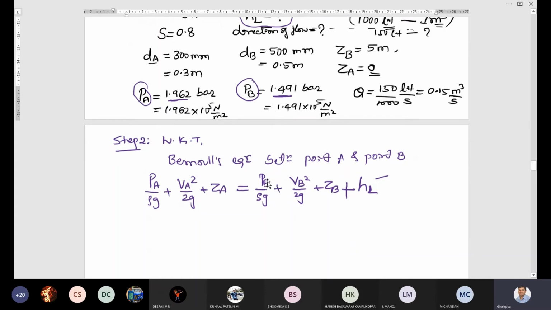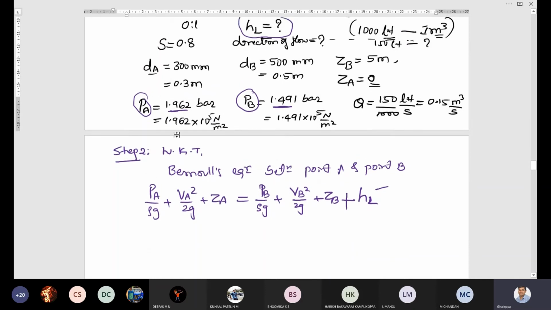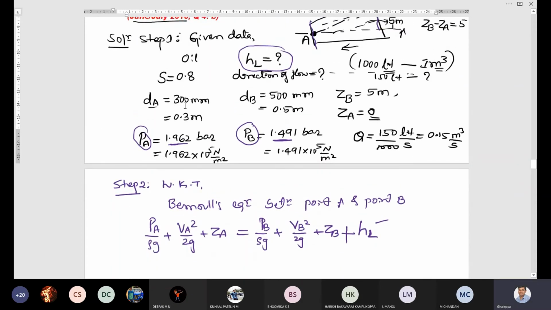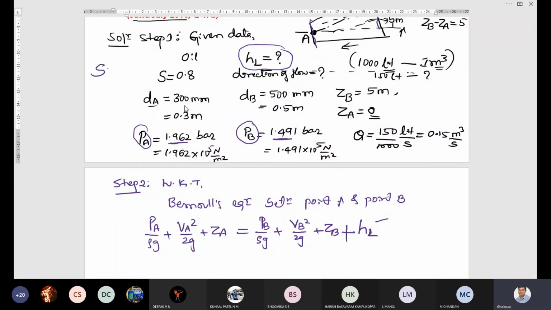Okay. Now you cross check whether all the data is given or not. Yes, PA value is given, we can substitute here, no doubt. But density is not given. Has he given the density? No, but specific gravity is given. So what is the formula for specific gravity? Specific gravity is equal to density of the given liquid divided by density of the standard liquid, that is water. So S value is given as 0.8, equal to what is the density of the liquid? We don't know. The liquid is nothing but, here it is oil.